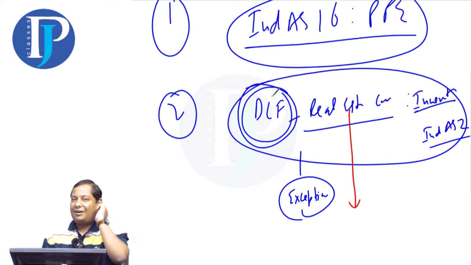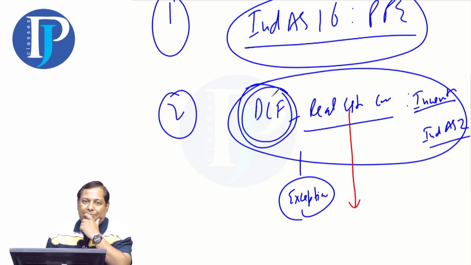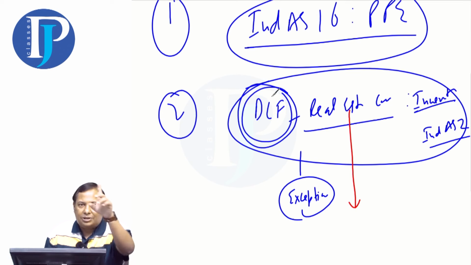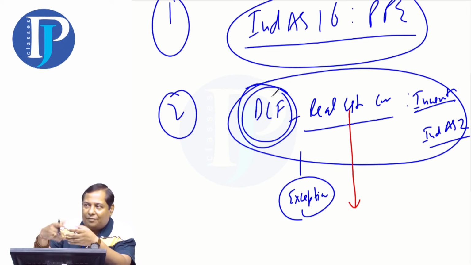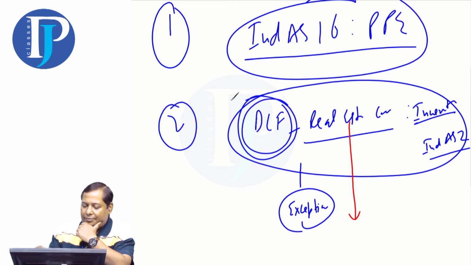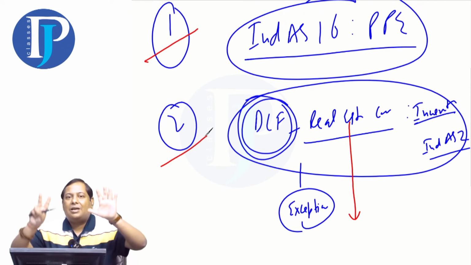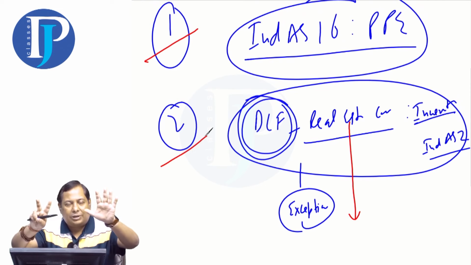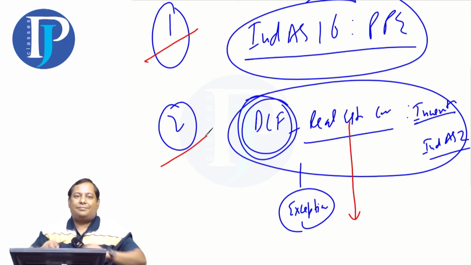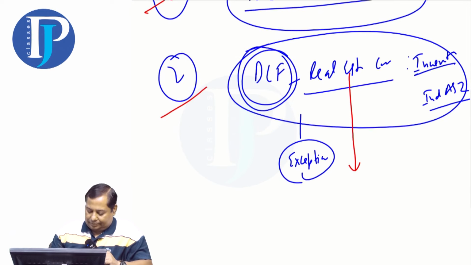You need to keep these things in mind from a knowledge perspective. If you are going for a client's audit, verify the land and building, and you also have to see its objective. Earning rent, go to 40. If you're using it yourself, go to 16. If you are going to sell it in future, and you are a real estate company, it is inventory. Two examples are done now. I told you there were 7 examples in total, 2 are done and 5 are left. Now the third example.